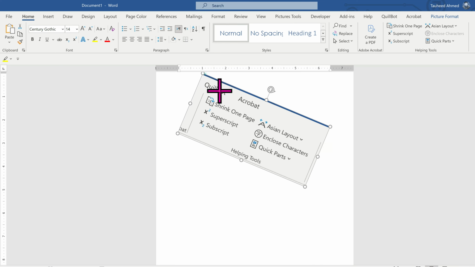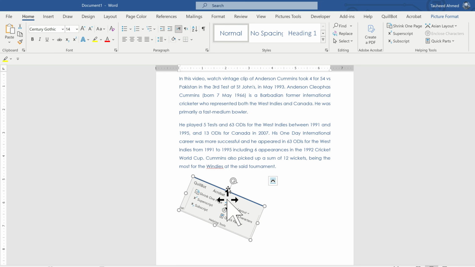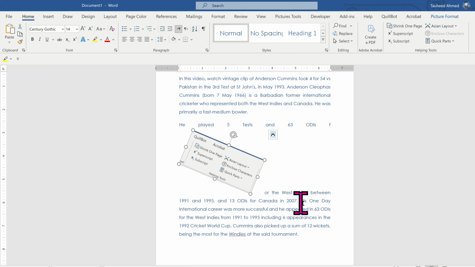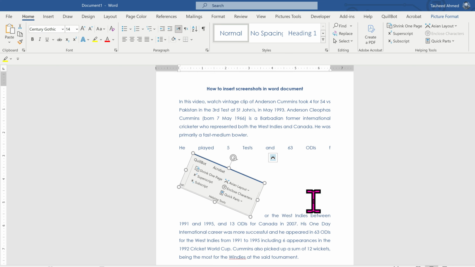make it short and place anywhere on the Word document. So this way you can easily insert